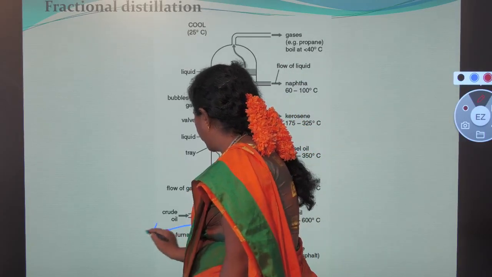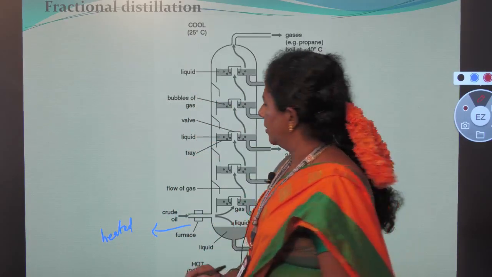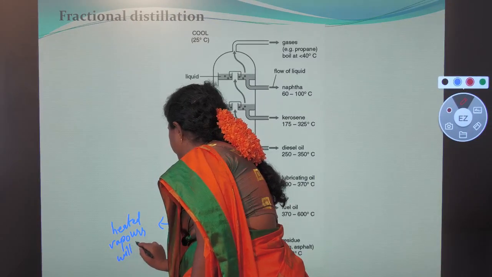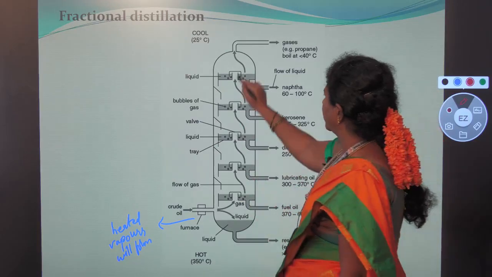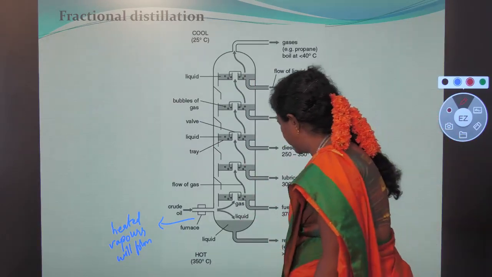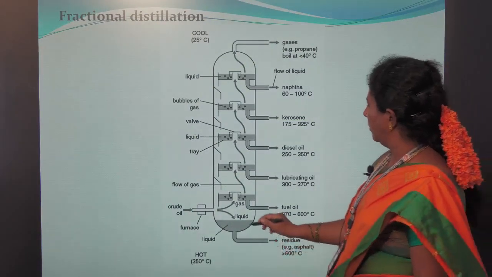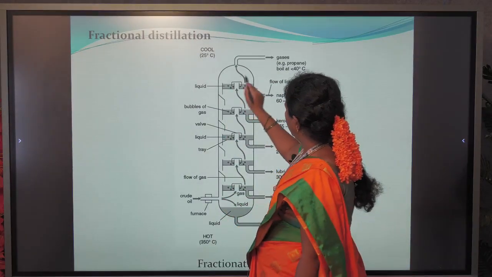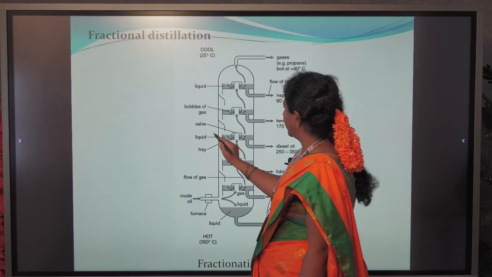Here the crude oil will be heated so that vapors will be formed. Now these vapors will be passed into this fractionating column. A fractionating column consists of a tall tower which consists of a number of trays. See, these are the trays,